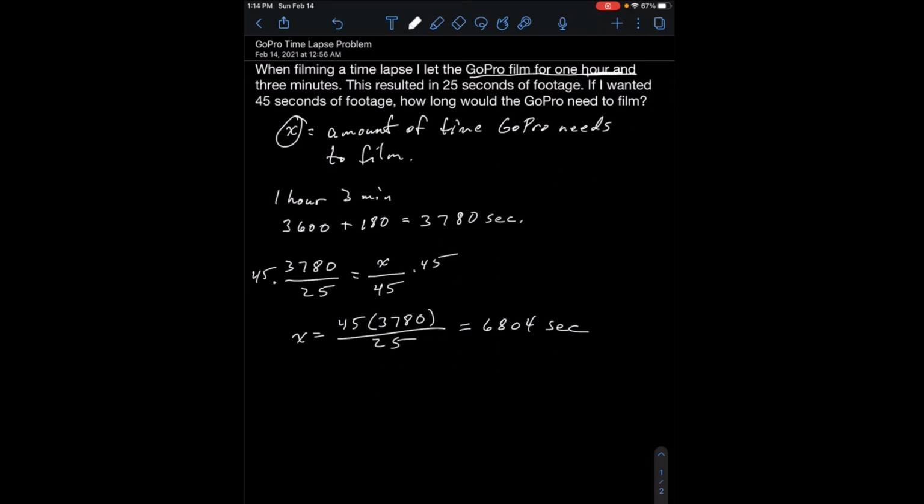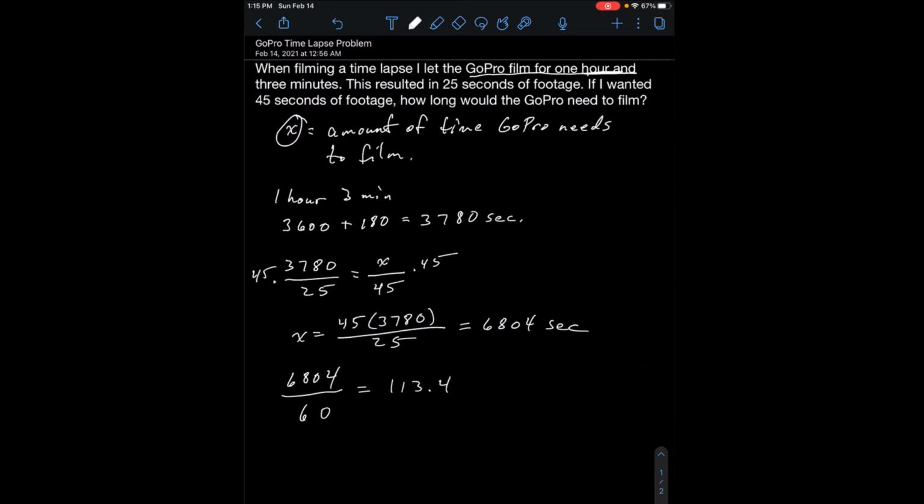So I need to convert seconds to hours and minutes. So let's see. The 6,804, what do I need to do? Divide that by 60, and that will give me minutes. And that's going to equal 113.4. And then I'm going to divide that 113.4 by 60, because this is minutes now. So divide that by 60, and that's going to equal